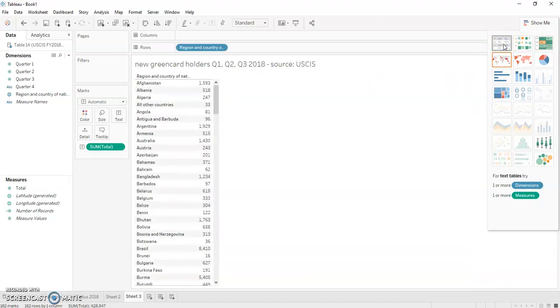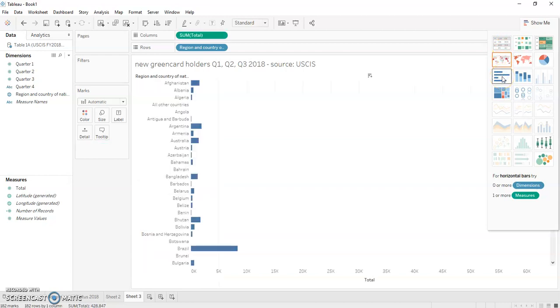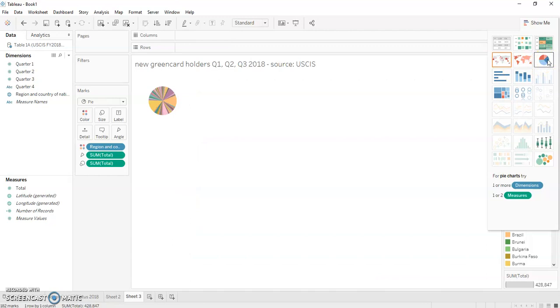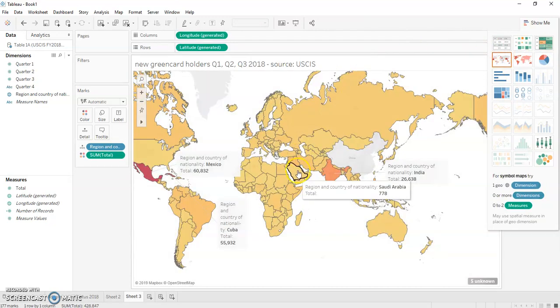You can also just go by pure numbers, which looks like Excel. You can also have bar graphs like this. You can have a pie chart, but that's probably a little bit cumbersome. So here we are, going back to the